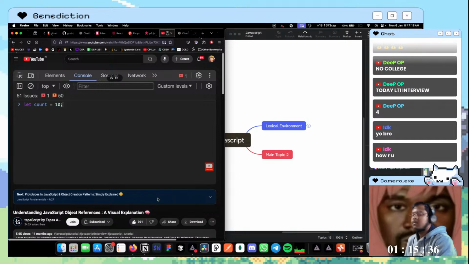So what happens? We are trying to assign a primitive type value, 10 is a number, a primitive type value, and store that in a variable called count. As simple as that. When we assign a value, equals is the operator through which we do the assignment. The value gets stored in that particular variable. So wherever I use count, I will get this variable's value back directly.